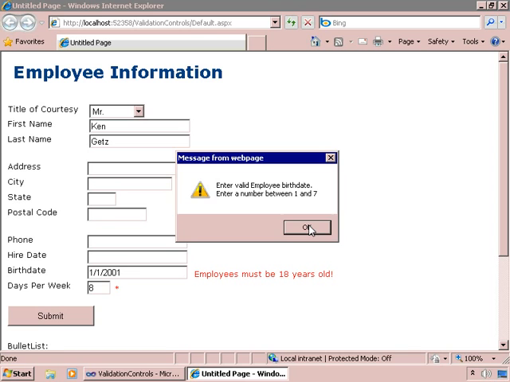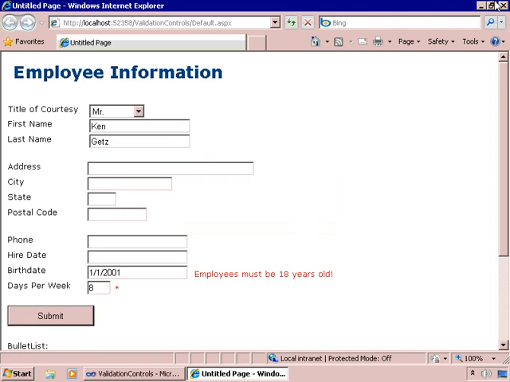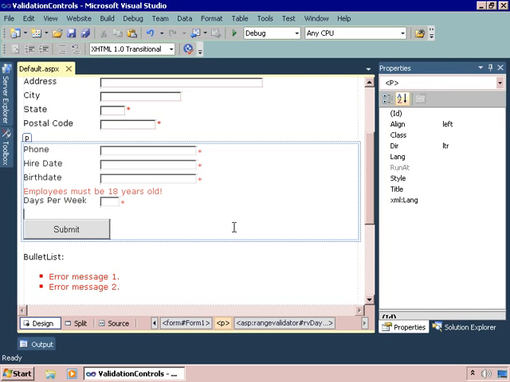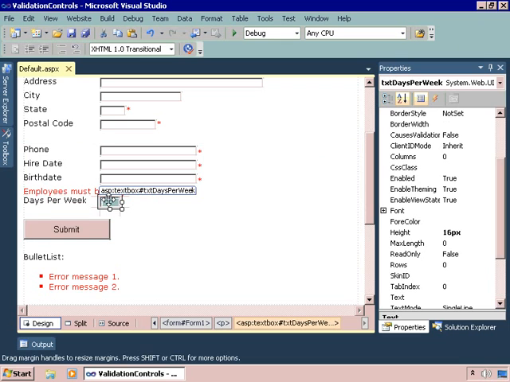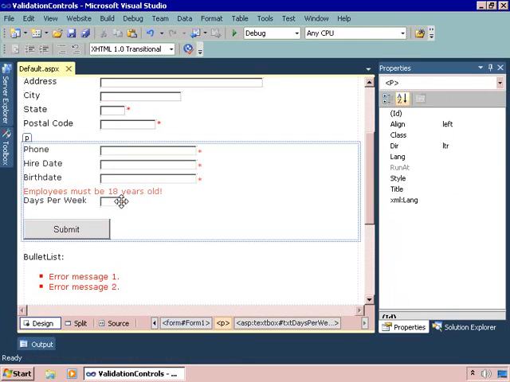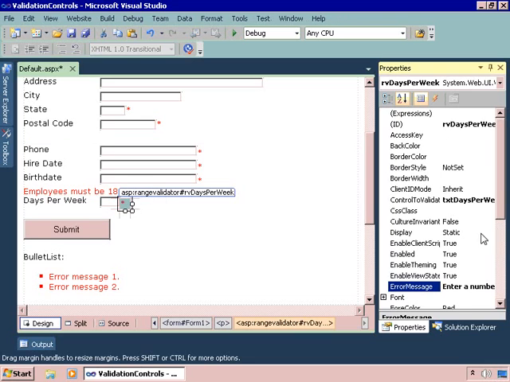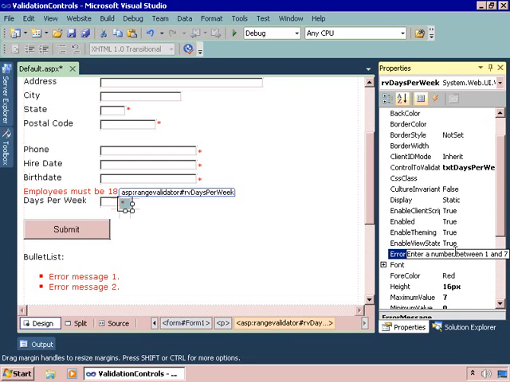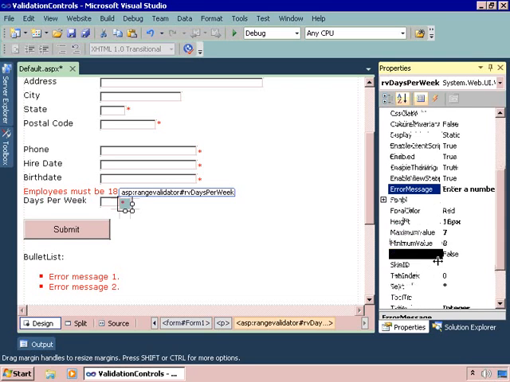Look at that. Not only did we get caught on the wrong validator, but somehow the properties are set wrong. Minimum value is 0, max value is 7, but the error message says enter a number between 1 and 7. Don't fall into that trap. Make sure you get that right. Well, actually, I'll leave the error message alone and change the minimum value, because clearly that's what I want to enter. So now, if we try it again,